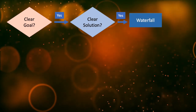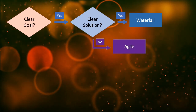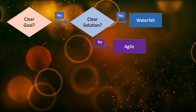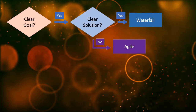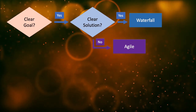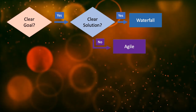If I know the goal but not the solution, I might need some inventiveness, creativity, and ingenuity. The project management strategy needs to be more iterative, flexible, and adaptive to consider new information as we learn the domain and discover new requirements. But the complete set of steps from beginning to end is not well defined, and priorities may need to change